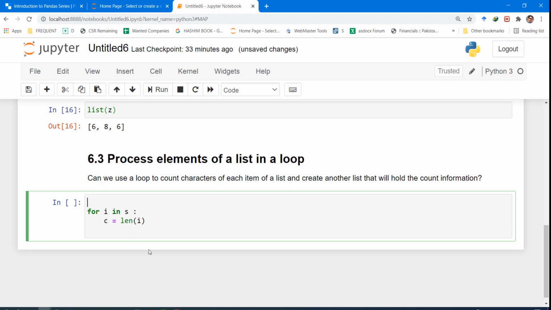So let's create an empty list W. W is equal to this.